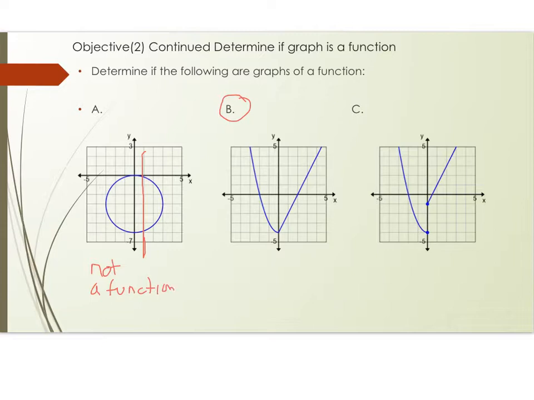For B, you can see I can hit different spots on this particular graph, and I see that this is a function because I only touch the equation at one point. Now C is kind of tricky, and the reason it's tricky is it's tricky at the